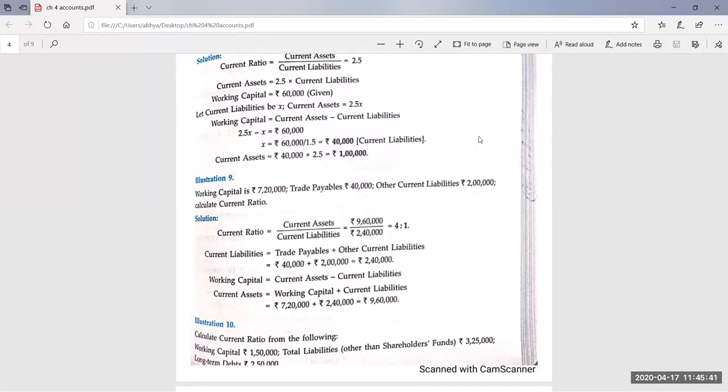I'm giving you 2 minutes. Only 1 minute you have. Actually, the class is going to complete. We are running out of time. So give me the answer. Working capital 150. Total liabilities means total debt, which means non-current liability plus current liability.